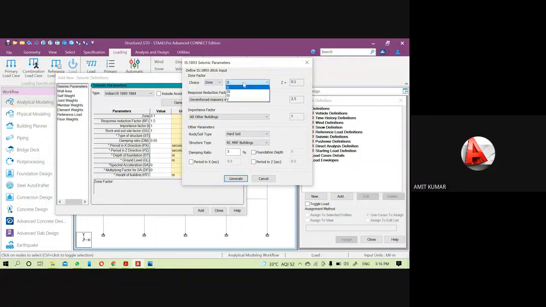So there we have total 4 types of zone: 2, 3, 4 and 5, and according to these we have different zone factors. Like for the zone 2 we have the zone factor value 0.1, and for the 3 it is 0.16. Same way for zone 4 it will be 0.24, and for the last, that is the zone 5, it will be 0.36.